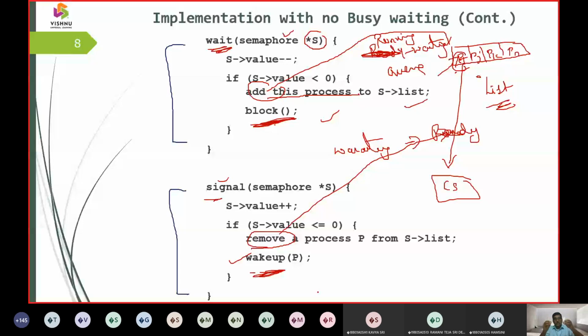Now the first job has to be moved from the waiting state to the ready state. For that, again it uses a function called wake up, and that function is written in the algorithm called signal. So what happens is, it picks up the first job and signals it. It enters the critical section and uses it. After that, who is next? In this way, it moves from one process to another between two states, either wait or signal, and this is implemented using a semaphore, which maintains a list. So this is all we have discussed for today.